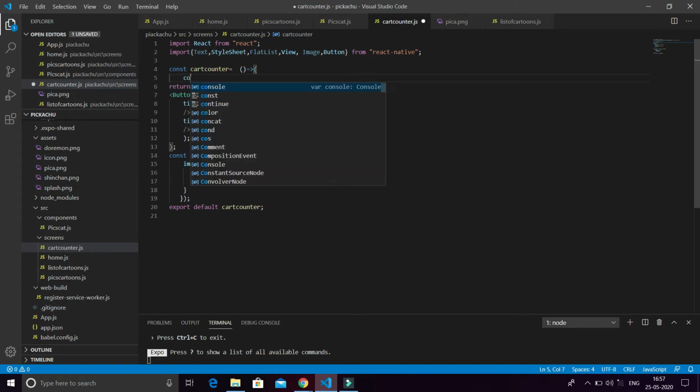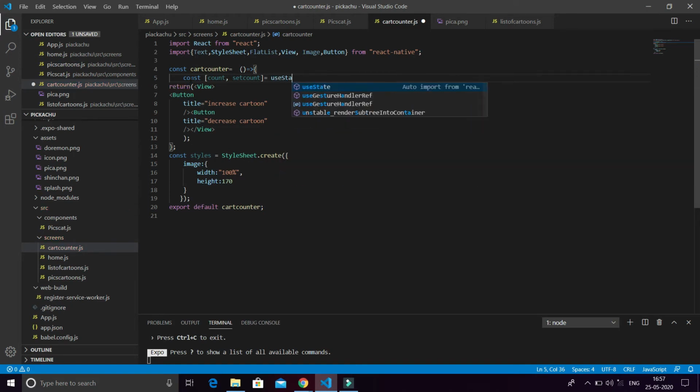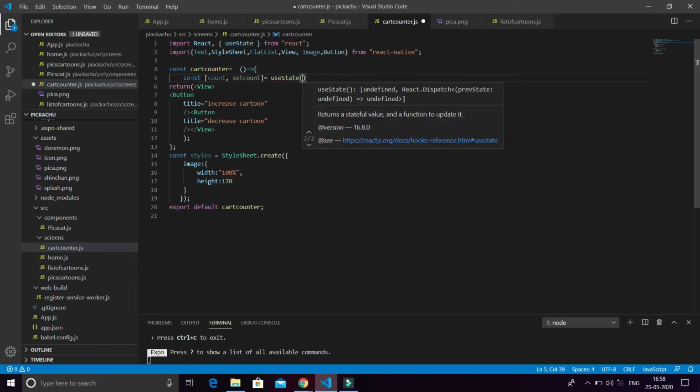So useState is the thing which can refresh the screen components. We have to make a constant here and declare an array. I can name it anything, count, setCount, which I put equal to useState, which is equal to 0.